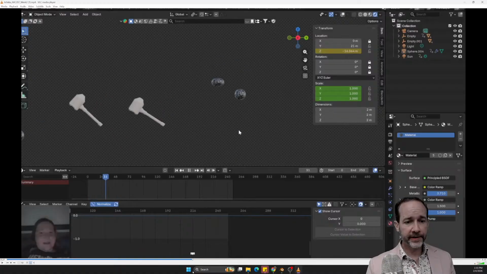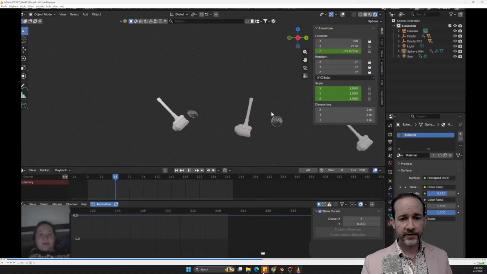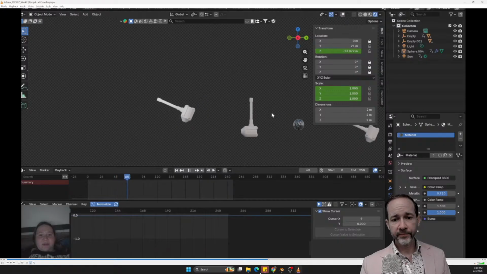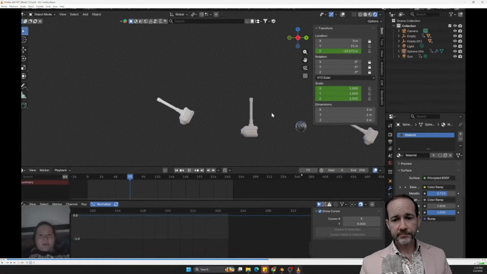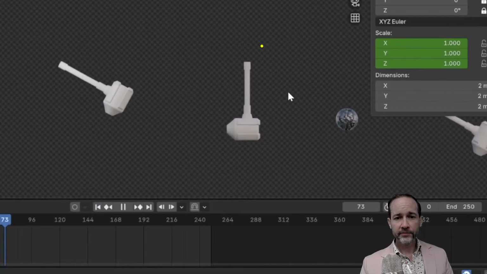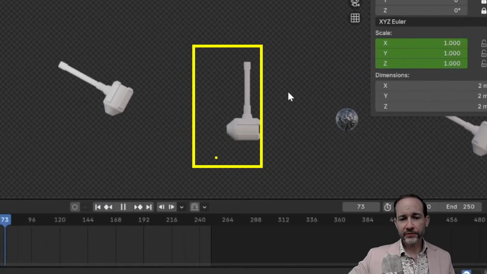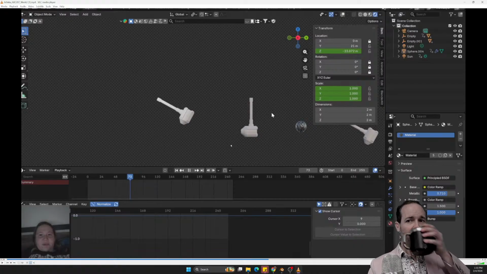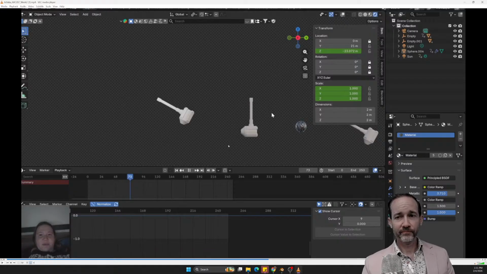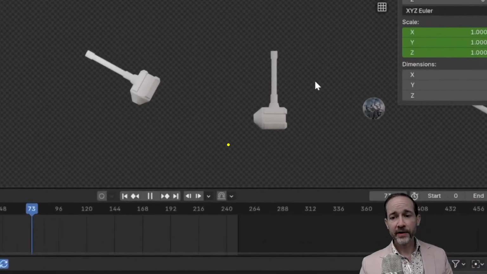Yeah, I saw the hammers come by on Discord, I think. And yeah, this one definitely looks heavier than the other one, so that's good. To me, it kind of looked like it was on a spring. When it hit the ball, it bounced back and forth, more like a stylistic impact. So it's in between heavy and light, not completely light, not completely heavy, if that makes any sense.